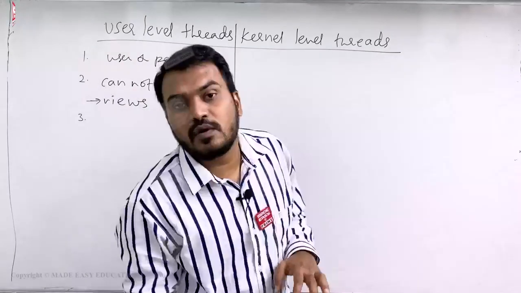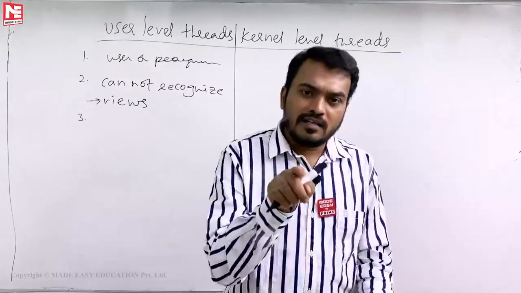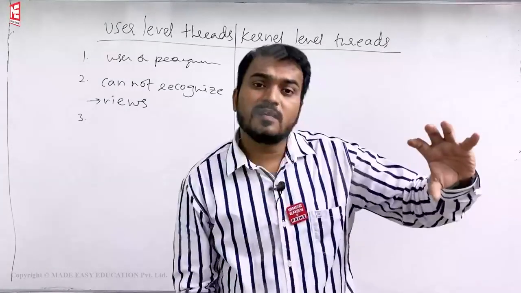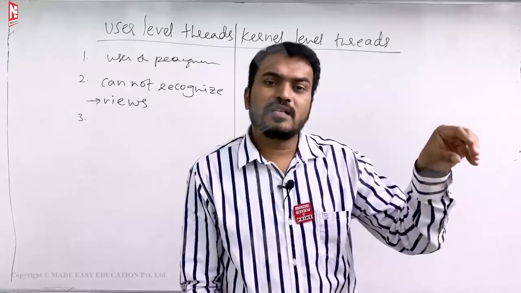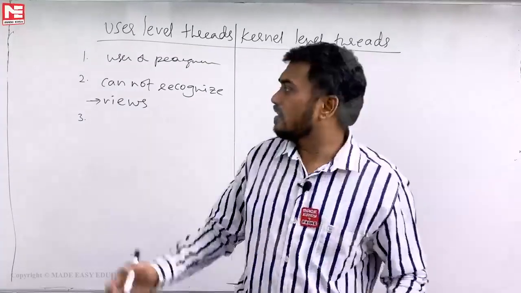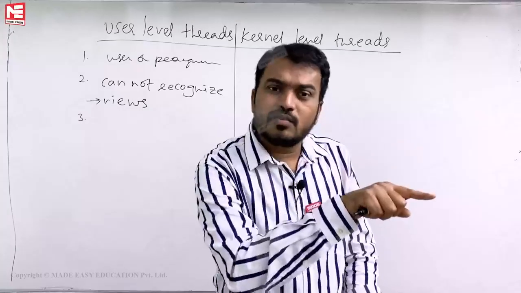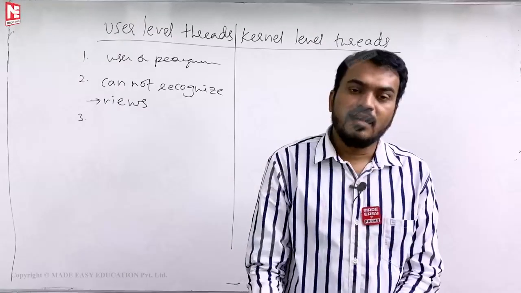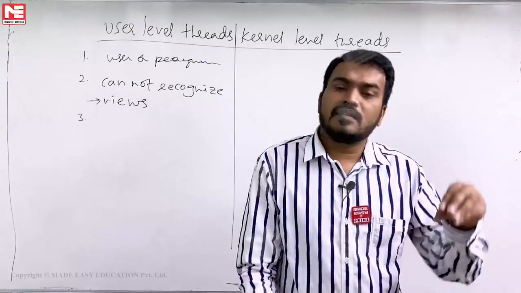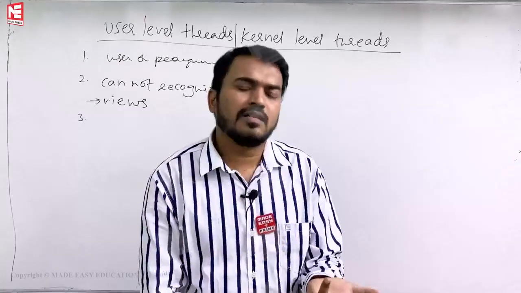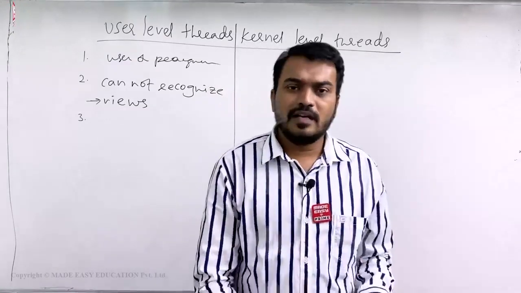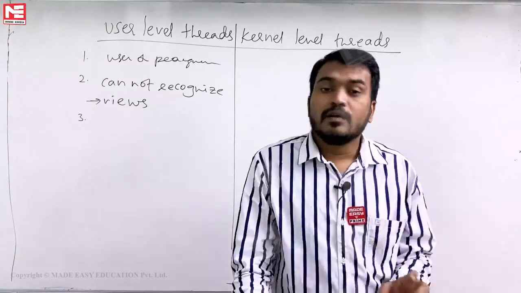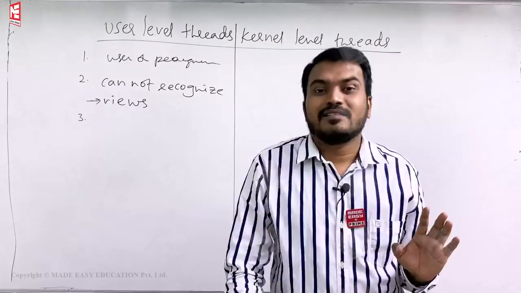What does this mean? If a user level thread needs an IO operation, where does it go from the running state? It goes to the wait state. Here in user threads, if one thread needs IO, the entire process goes into block state or wait state. Is that clear? Both mean the same. So I am repeating again: if one user level thread is performing a blocking system call, a technical term,